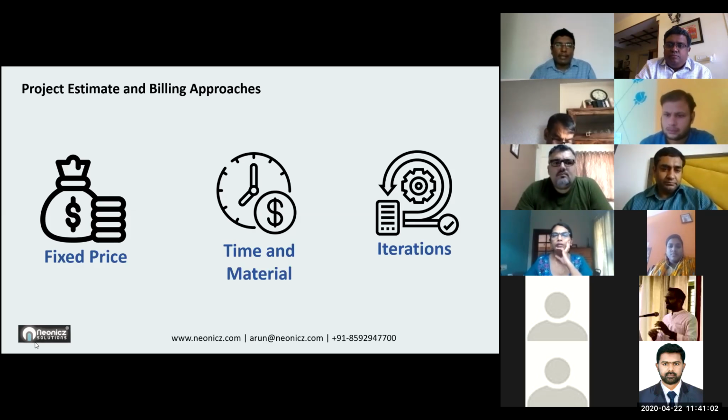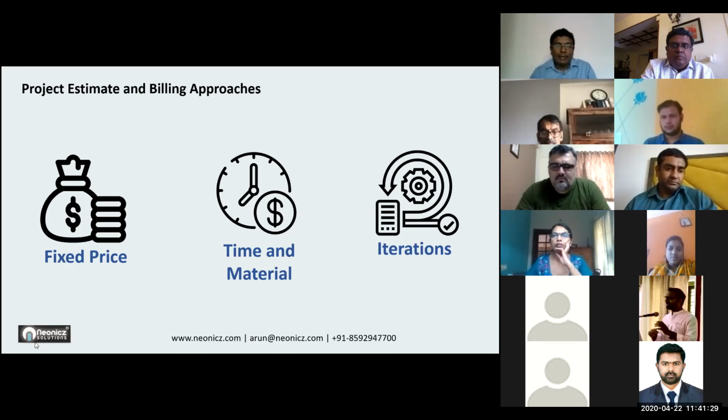So you share the requirement. The development team comes with a rough estimate on a fixed price, how much time they will take, and what the timeline of delivery is. So they will charge you that amount. You may have to pay from 50% to 60% in advance. Different companies follow different strategies of advance. Some companies approach us with milestone-based payment as well. So you can work with a fixed price project.